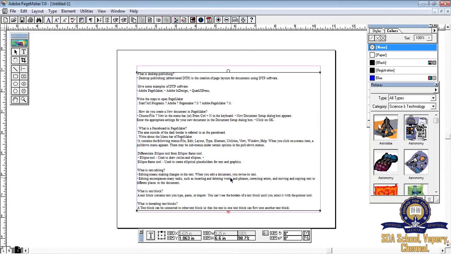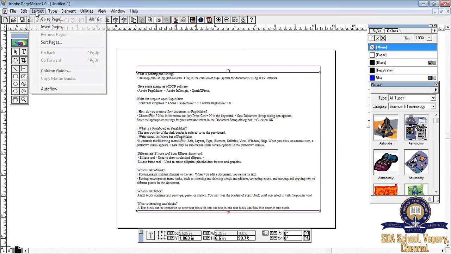Now, we can see an inverted red triangle at the bottom. What is this inverted red triangle indicating? That this text block contains a few more lines of text inside it. Now I have to move the text from the first page to the second page. How to move it?